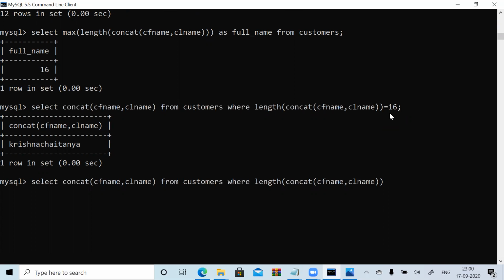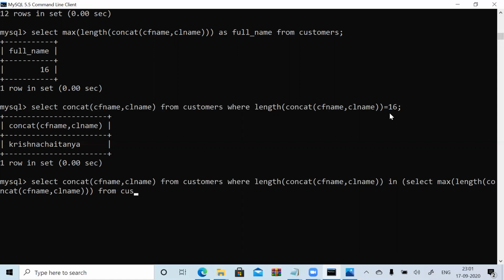Okay, I'm writing in. I'm starting my inner query now. Select max of length of concat of customer first name, customer last name from customers.